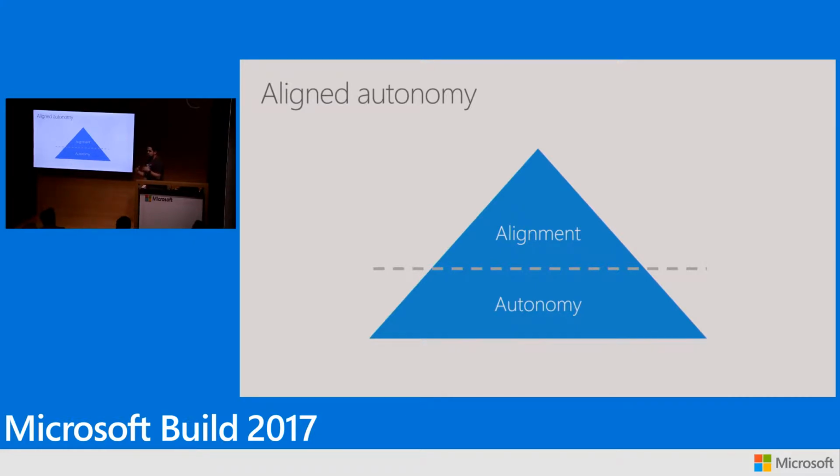By alignment, we all have business goals, whether we're a small team, big team, we all have goals we want to fulfill. And development teams usually like and want autonomy, right? They want to control their own destiny. They don't want to feel like, oh, here comes my manager pushing stuff to me the way he wants to push it. Rather, how can I control my own destiny while still aligning with him? And the beauty of that is Visual Studio Team Services allows for this.